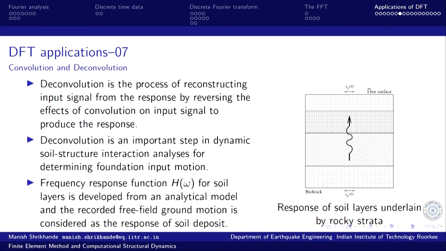So, what is done is we can compute this free field response and use the characteristics or frequency response function of this soil strata and find out what is the input motion at the base by deconvolution. How to do that? But before we do that, there are certain basic observations. It has been observed that about 75% of the power, about 87% of the amplitude in a free surface motion can be attributed to vertically propagating shear waves for frequencies up to 15 hertz.